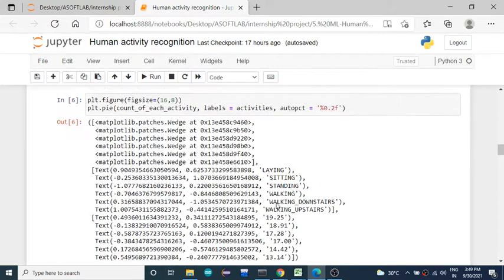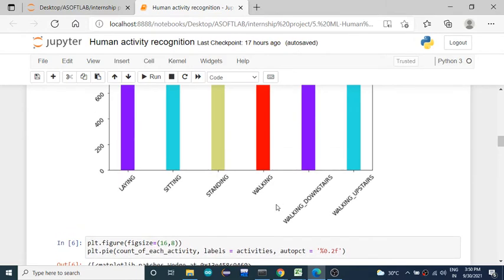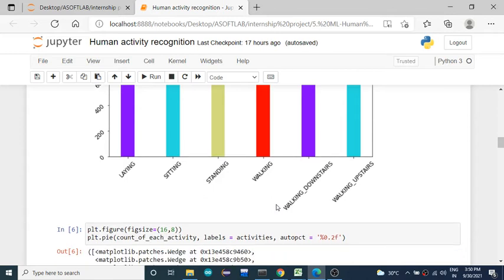Apart from this, you can get to know the effect of the accelerometer or the gyro sensors on the activity. That you can also come to know by plotting graphs and doing exploratory data analysis. After the data pre-processing step, we came to know that there is no need for imputing, encoding or feature scaling. So what is left?